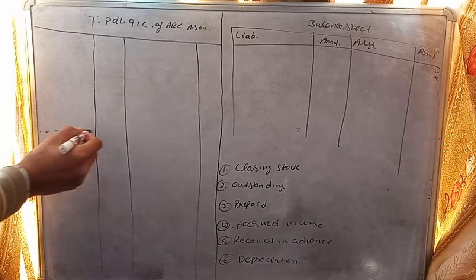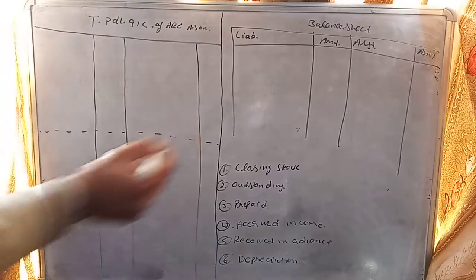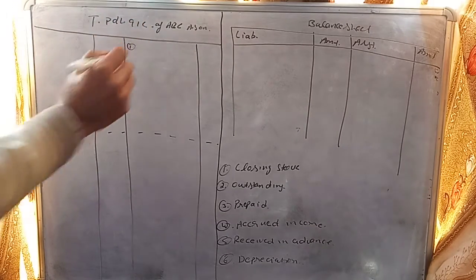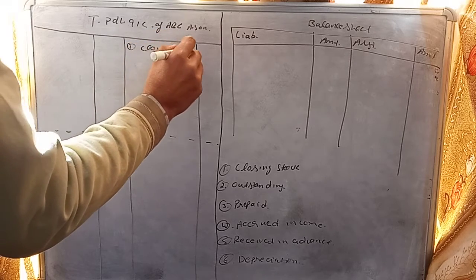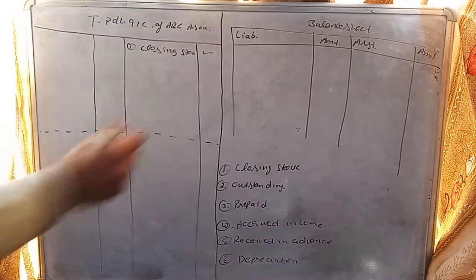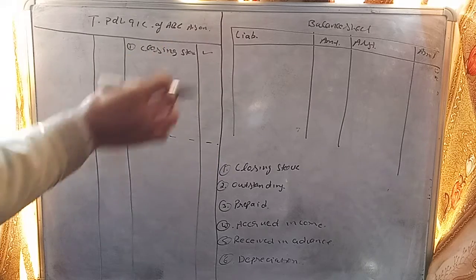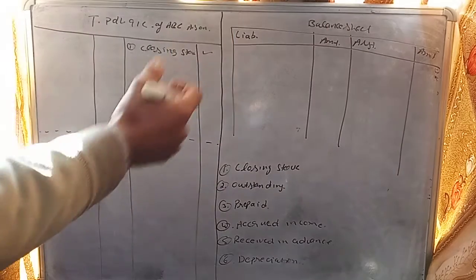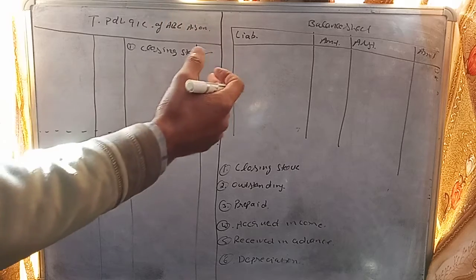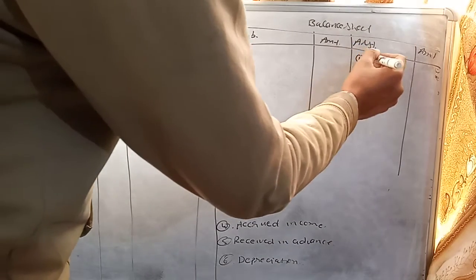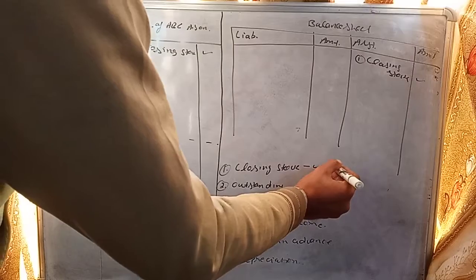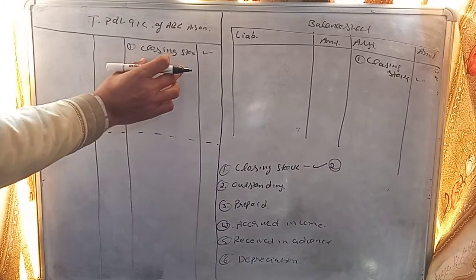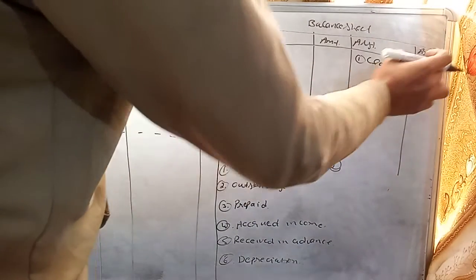So in this case, if it is given in the adjustment, the treatment will be in the trading account on the credit side, closing stock, right? And if it is a stock that remains left with us, it means that is the unsold stock with me. It means it becomes my asset. So I will mention on the asset side closing stock. Clear? So we have done closing stock with 2 adjustments. First one on the trading account, second one on the balance sheet asset side.